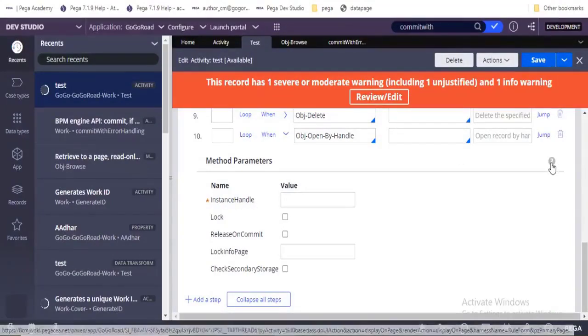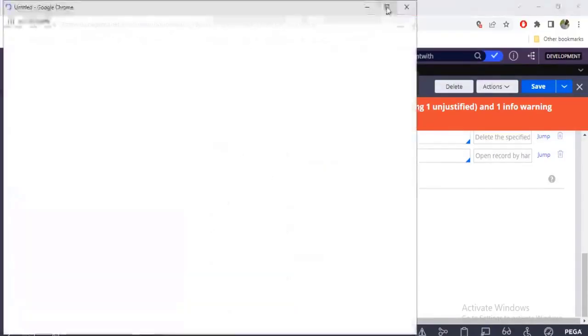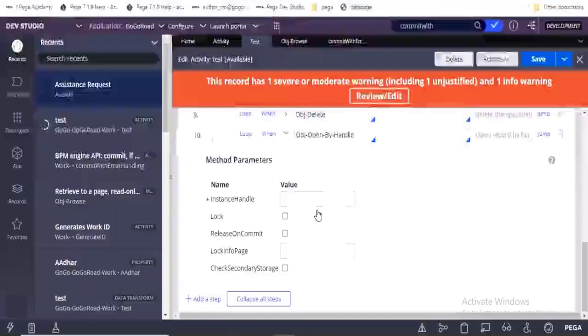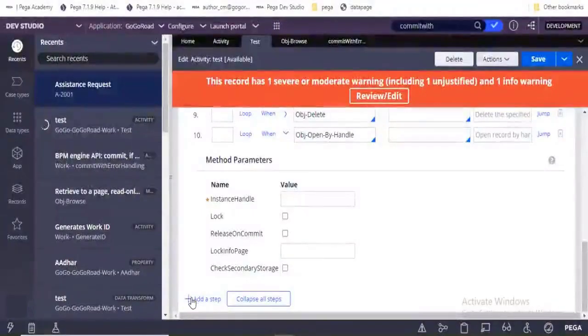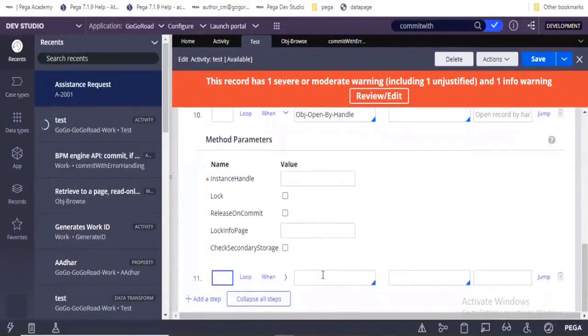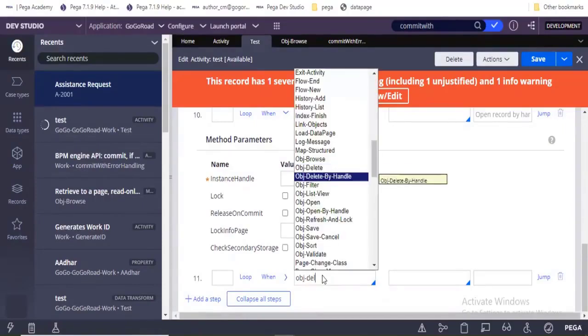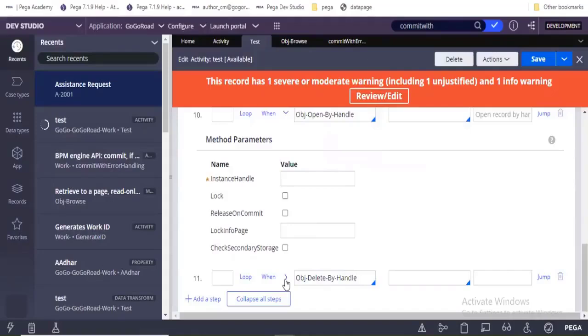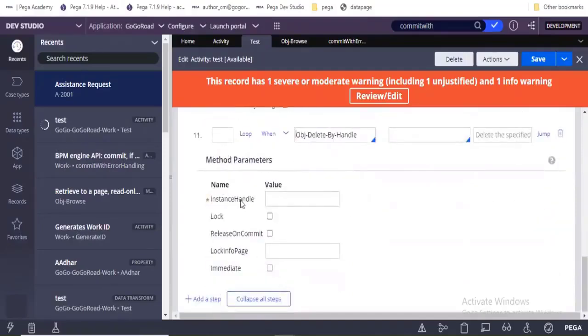If you go and see the help here, instance handle is nothing but the pzInsKey. Similarly, obj delete by handle also expects the pzInsKey, that is, the instance handle.